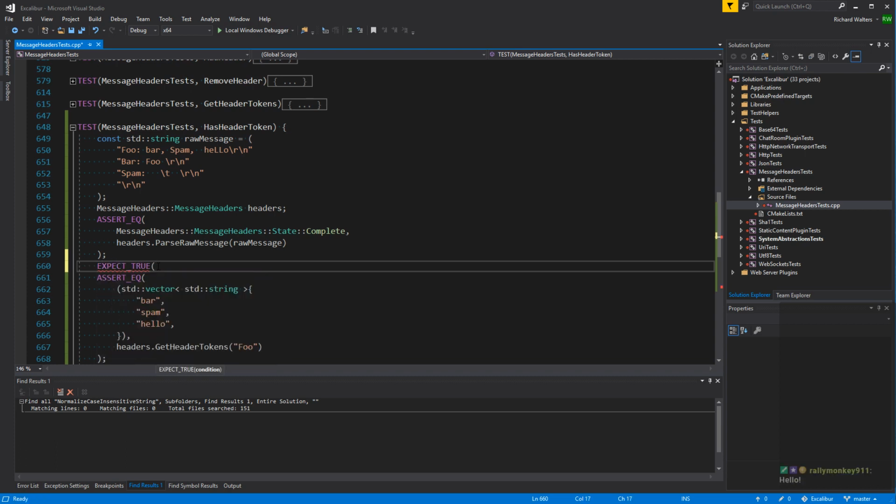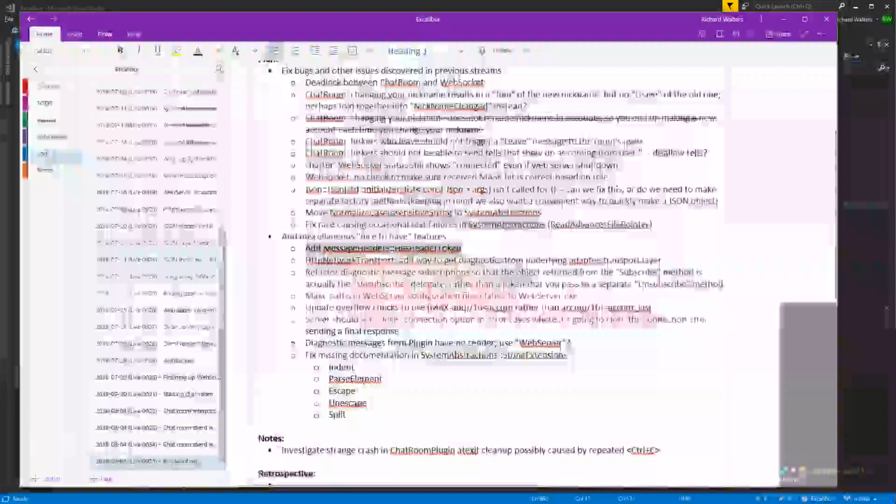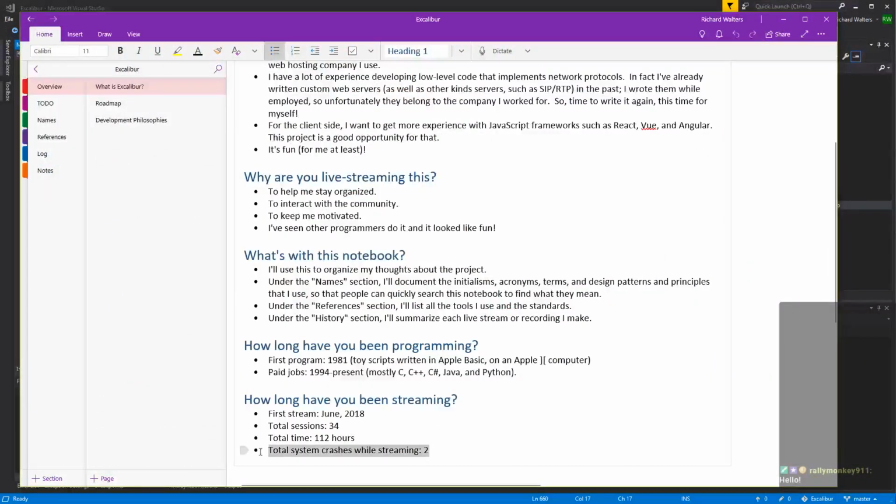Oh, hey there, Rally Monkey. Were you here for my total system crash number 2? Now that it's happened more than once, I am now keeping account of it. But this one had nothing to do with the first crash, which was a hard drive corruption. This one was really weird. You know, you have your built-in audio, speakers and microphone. It just suddenly went away, and I guess caused Windows to crash, and it didn't come back until I did a hard power cycle.